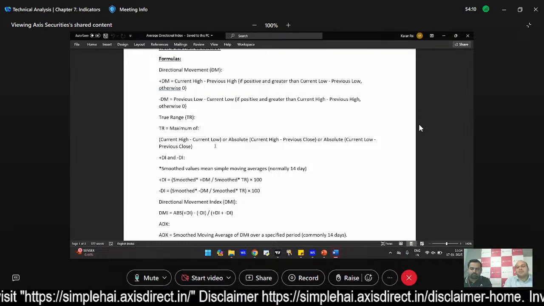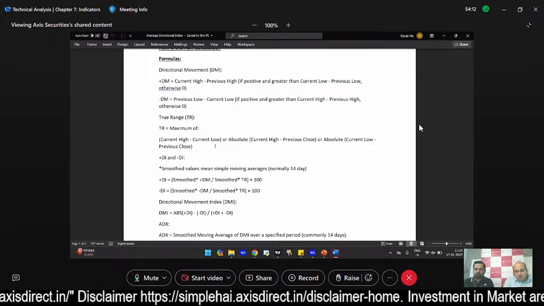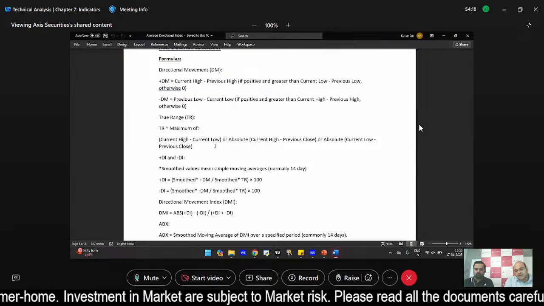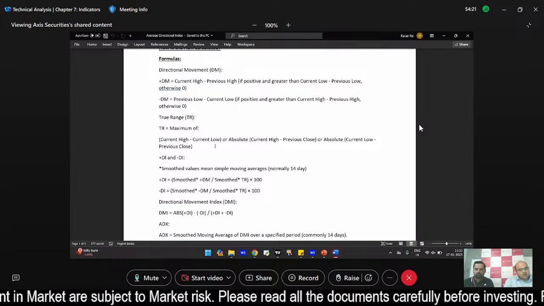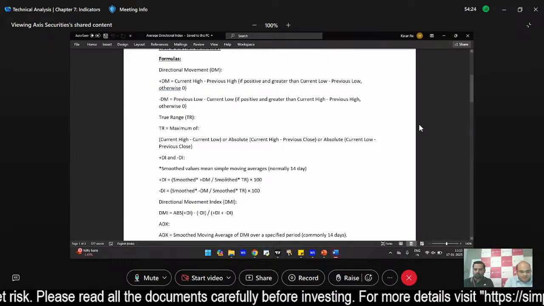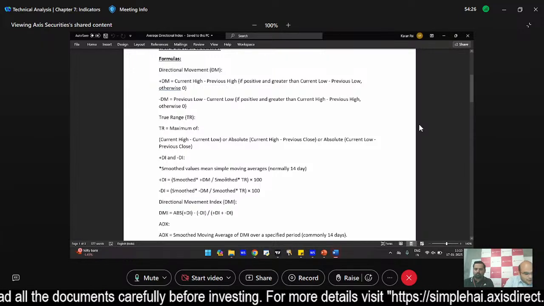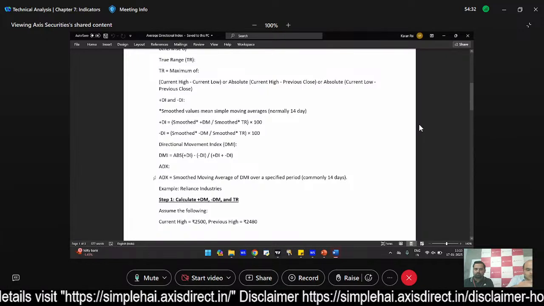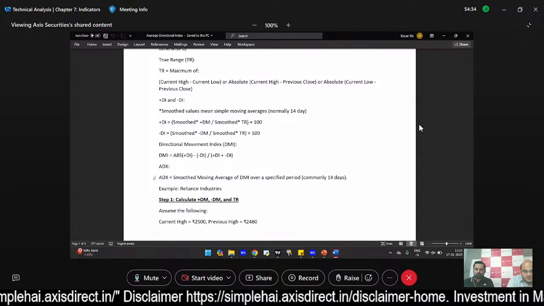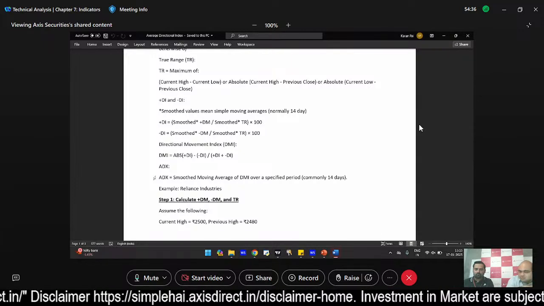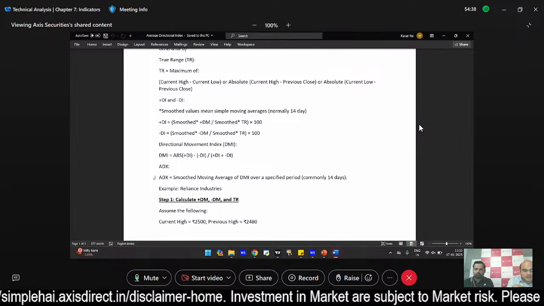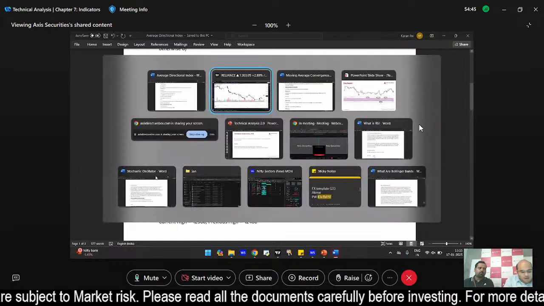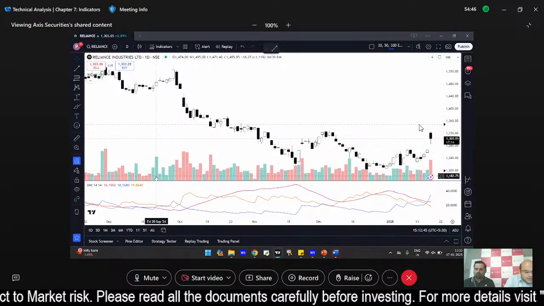By averaging the values. Normally the factor that is used to smoothen it is 14 days, so it is basically 14 days SMA for the DM, matlab directional movement, positive or negative. And then you take the absolute values of the differences, divide by the sum of the differences, and that is how you come to ADX. ADX is basically another smoothened moving average, 14 period moving average of the DMI. The formula might seem confusing, but then when you start looking at the charts,